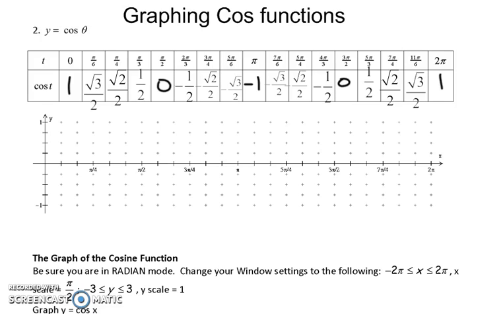Graphing cosine functions. Fill in the table similar to what we did with the sine functions, and we have our 5 critical points in it. In this case, we have (0, 1), (pi over 2, 0), (pi, negative 1), (3 pi over 2, 0), and (2 pi, 1). So if we plot those critical points,